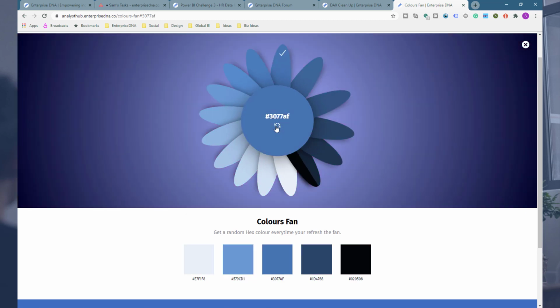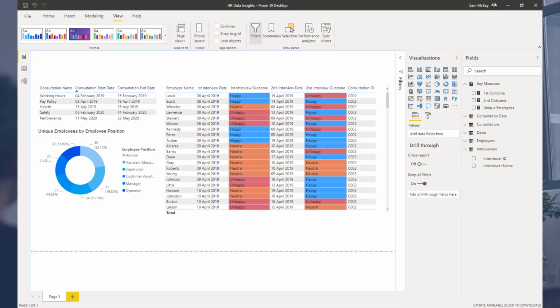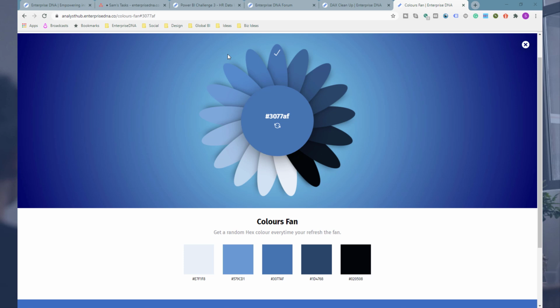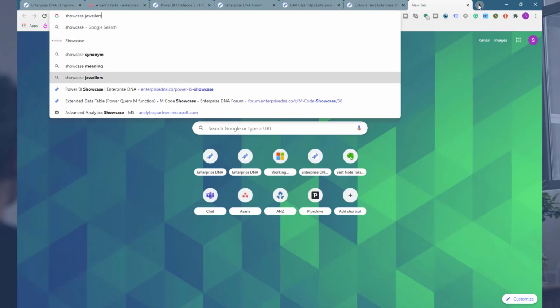I don't really like red as a color. See, I quite like this color. This is quite nice, and I could see how that would look really good within this report. So you've got to remember as well, if you come to our showcases page,